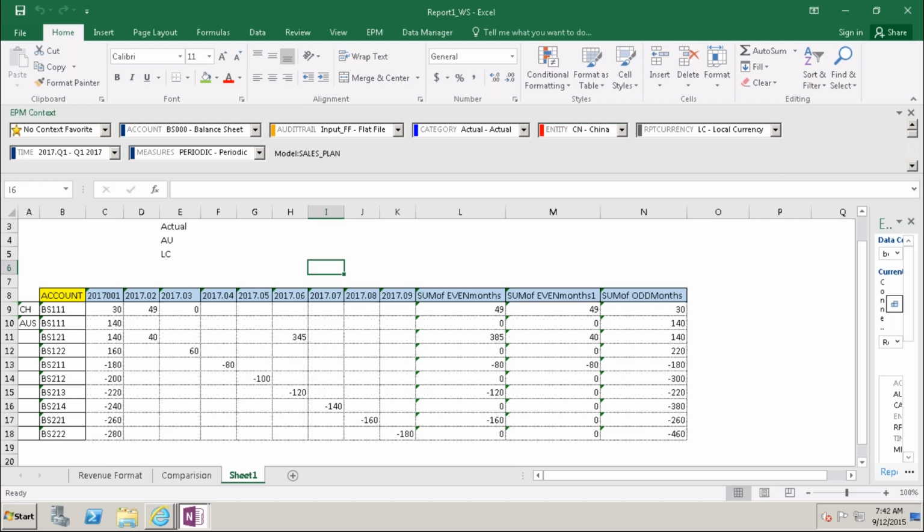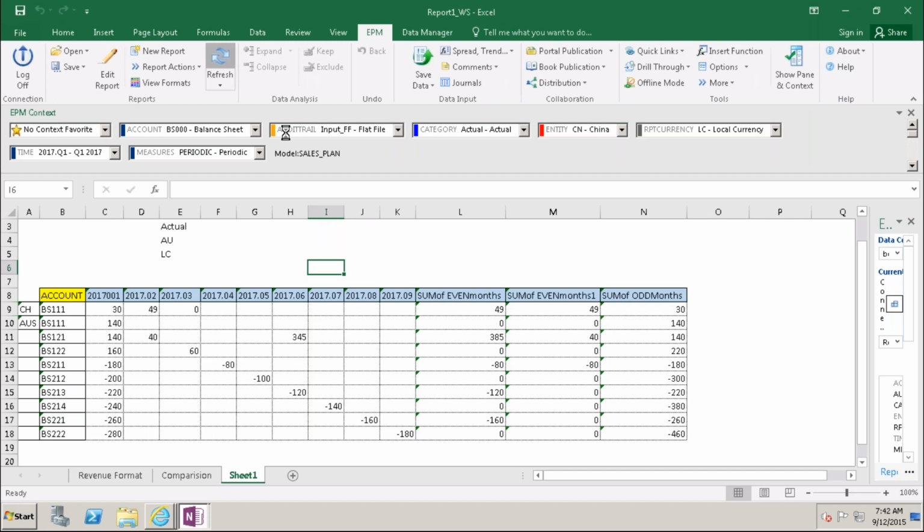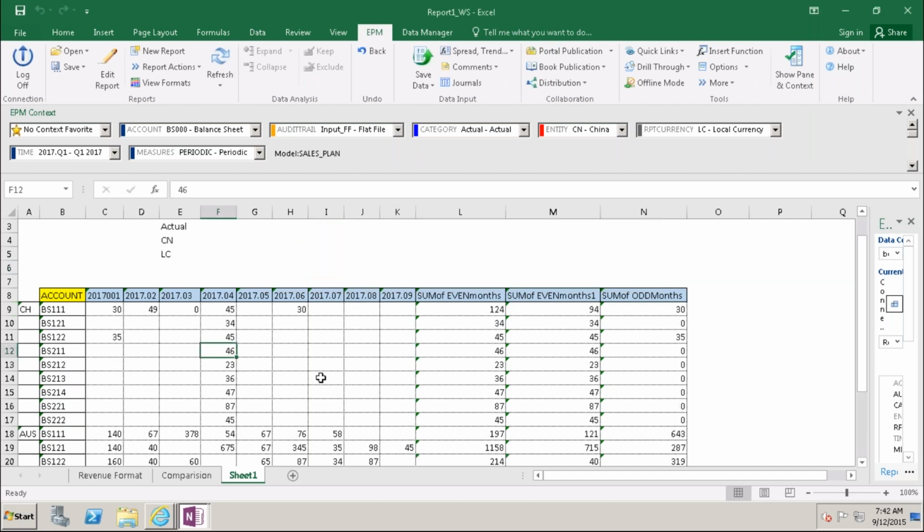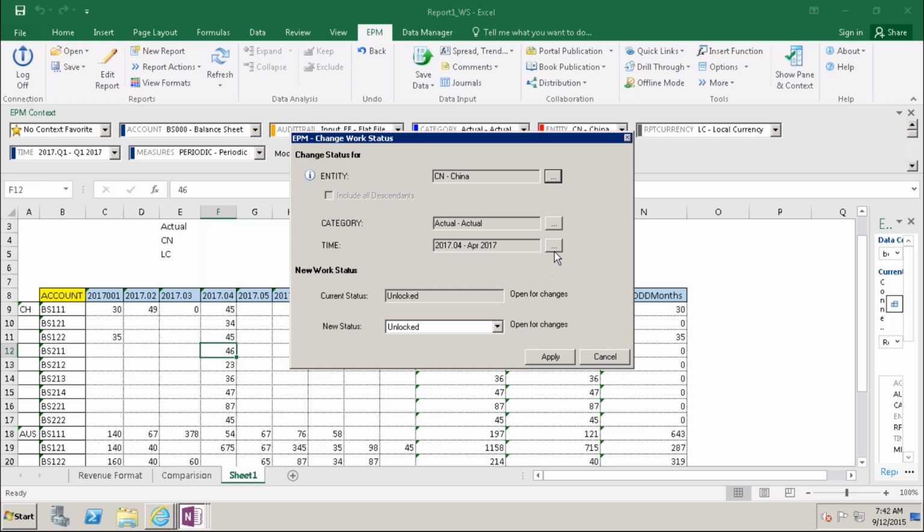When you save, is it going to store in the database or only after the approval it will go and get stored? No, it will store in the back end. It will get stored, right? Okay. Yes. So as a manager, this is the change. 46. Now I have it at manager level.